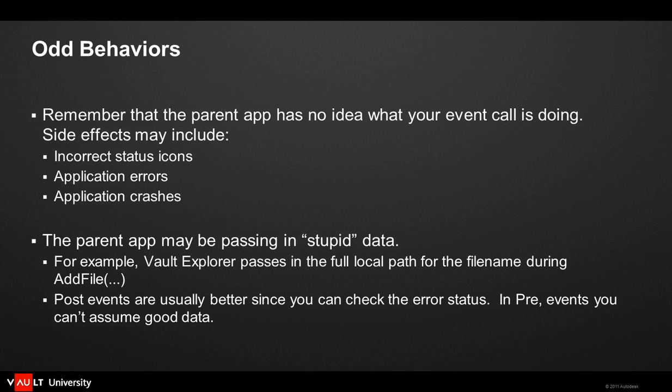One example is for Vault Explorer, when it's adding a file, there's a parameter called file name. And you would expect that it passes in the name of the file, like a.dwg or something, and that's it. But what actually gets passed in is the full local path,